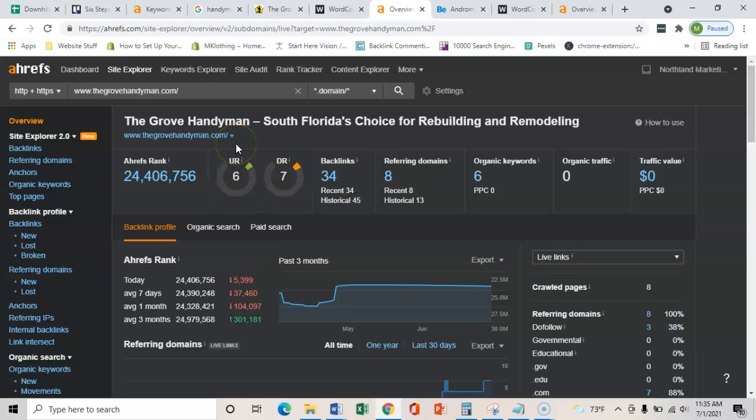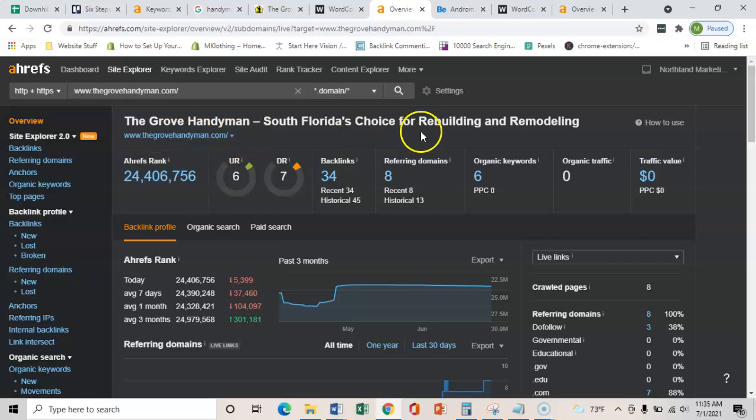And just in case you're not 100% sure what I'm talking about, this right here is a link that goes to your website. However, it is a temporary no-follow link because it's from this search engine. But if you had this same link on a Handyman blog post or a South Florida News Herald or something that was really relevant to your niche in your area, that would pass a lot more